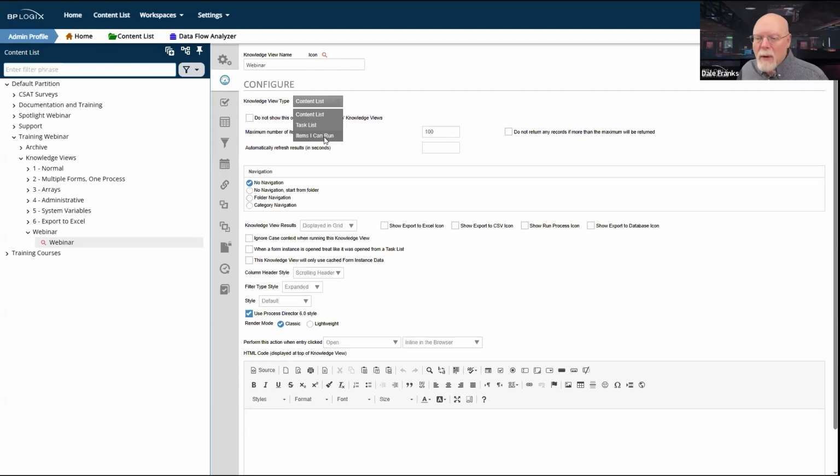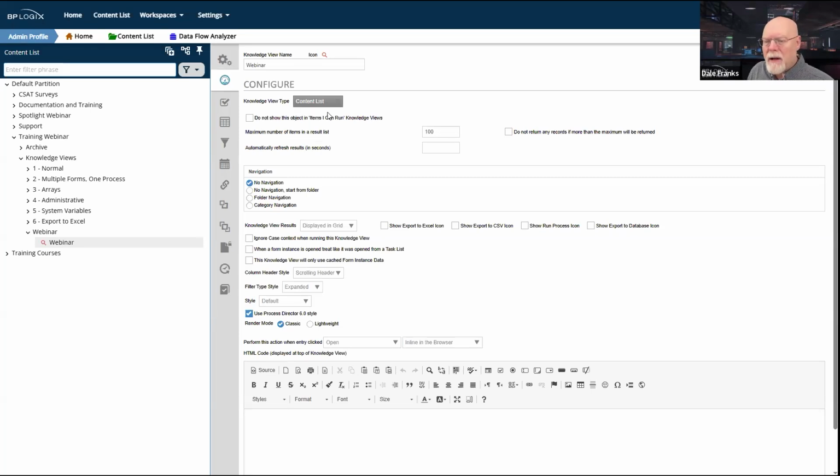So there might be times where you want to create some smaller items I can run lists that just list the objects that a user can run, but lists only a small subset. I don't think people do that much, although it might be something you want to think about. But most of the time, you're going to do a content list, and then probably as a distant second, you're going to make custom task lists.